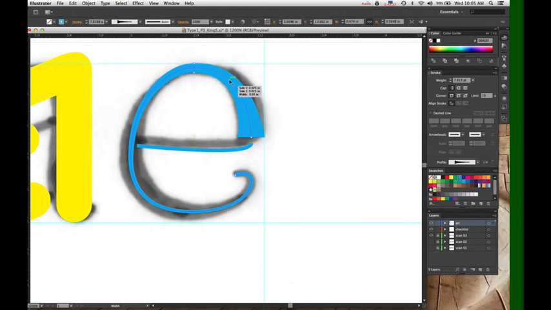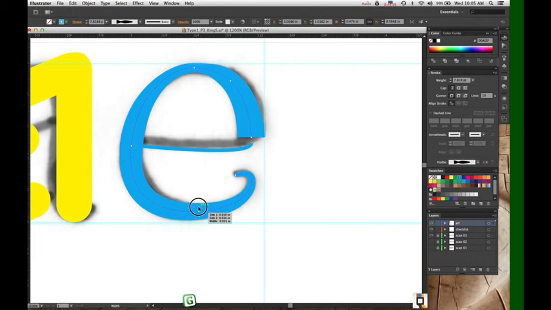I want it to stay very thick in the horizontal, so I'm going to pull out a width here. I want it to get very thick again here, so I'm going to pull it out from there. And I want it to get thin again at the bottom. And again, I want it to stay a little bit thick here.